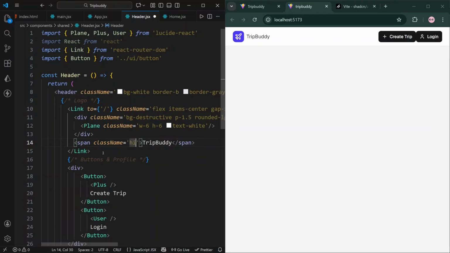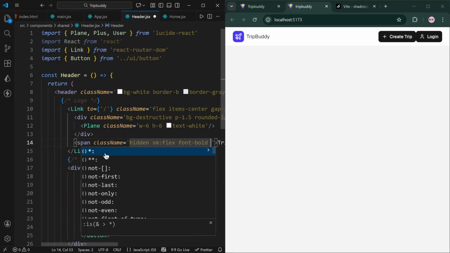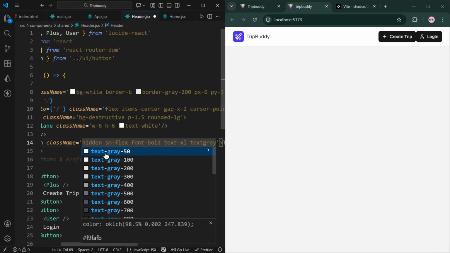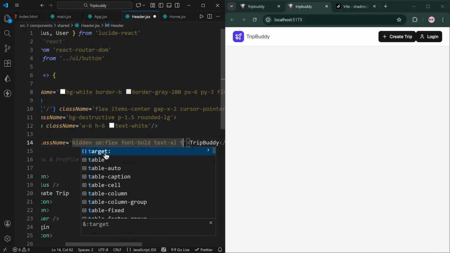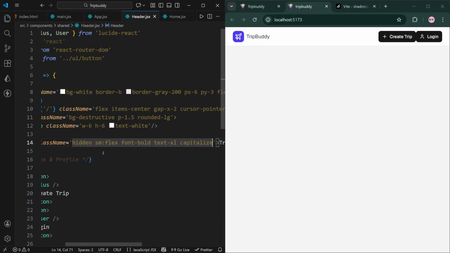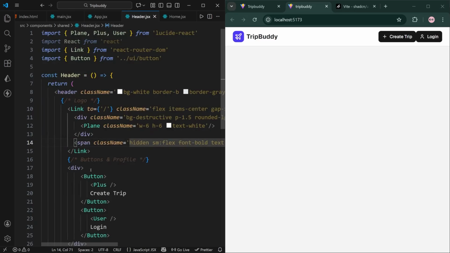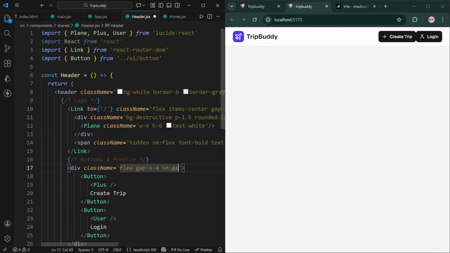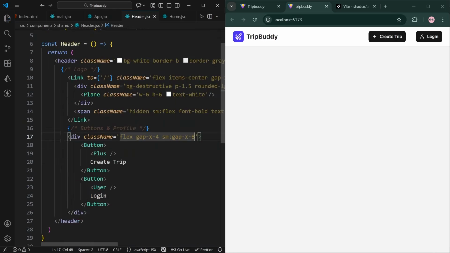Now after this, we will write classes for span. This span will be first hidden, then flex, font will be bold, color will be 900, capitalize. After this, the buttons will be flex gap x4, gap x8, and this button will be variant outline. Classes will be